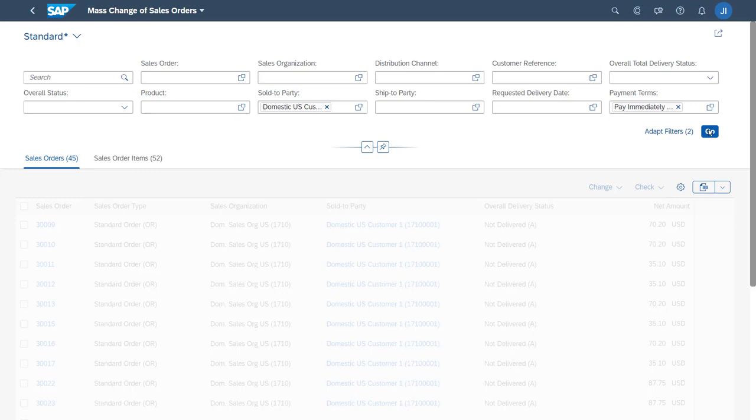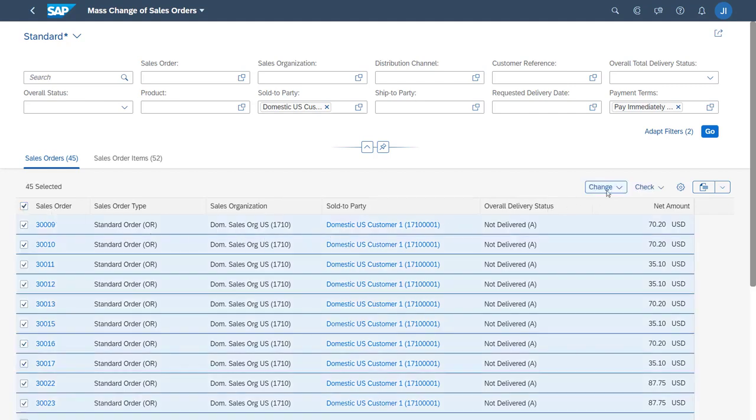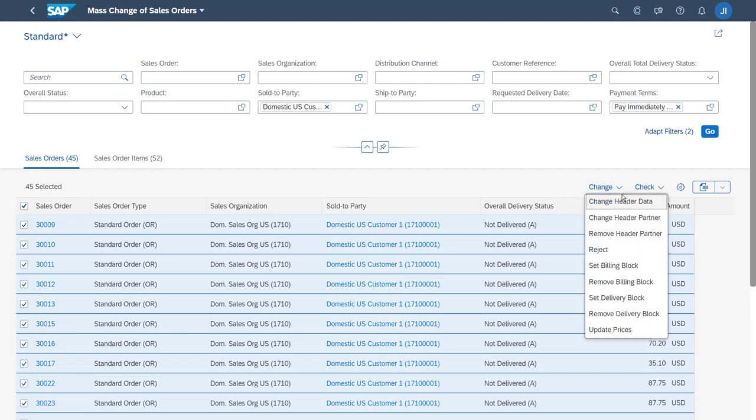Based on John's filter criteria, the system finds 45 sales orders. He selects all of them with a single click and opens the change options. The system dynamically adapts the available change options based on the selected sales document category. This means, for example, if John wants to change sales scheduling agreements, he will have different change options than for